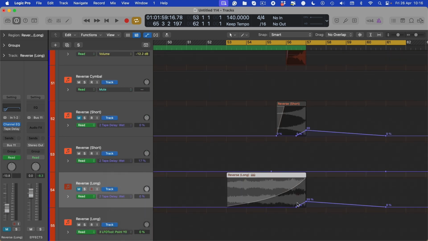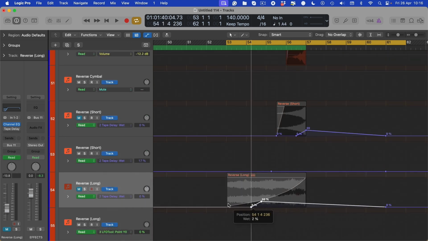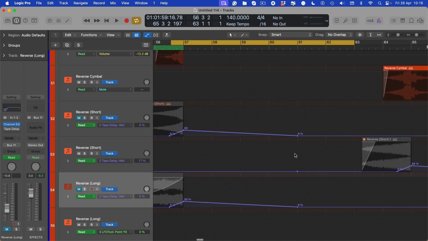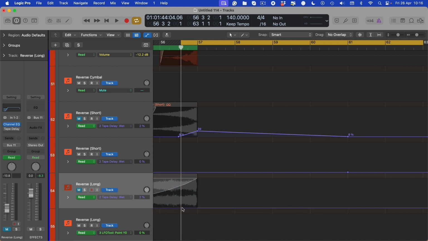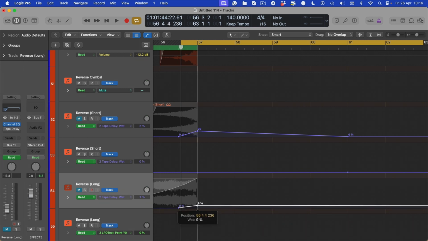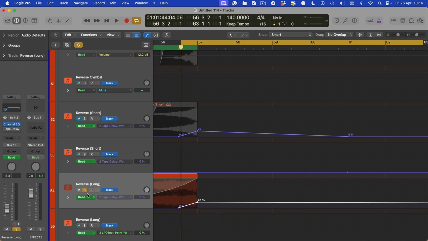So let's go to the delay. If I didn't automate it up, the delay would start right at the start of the reverse, and it would sound pretty crap at the end. So all I do is get a tape delay in Logic, just a repeater delay, and I automate from the second to last bar to the last bar. So I'll put my node at the second to last bar, and another node at the last bar, and I put it up 20%. And what we get now is,